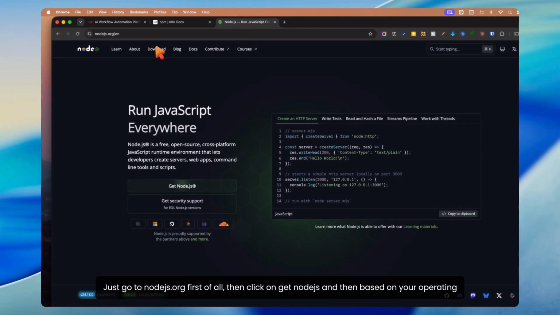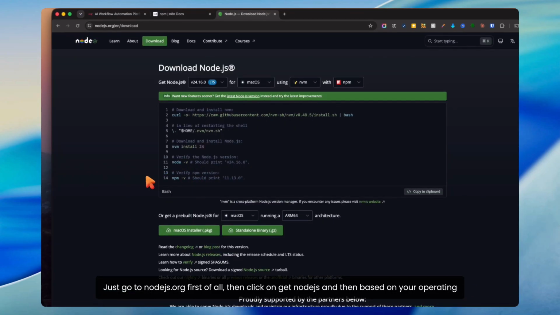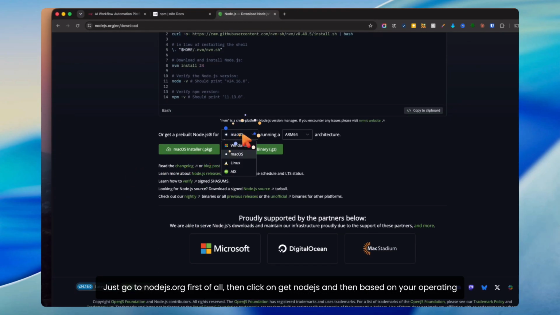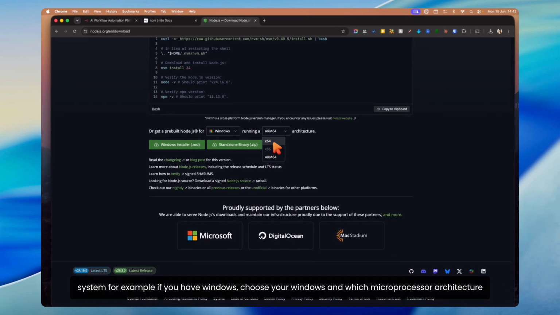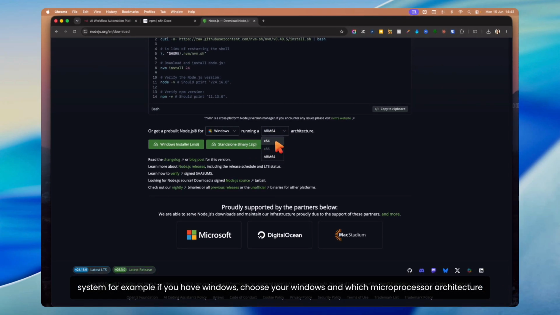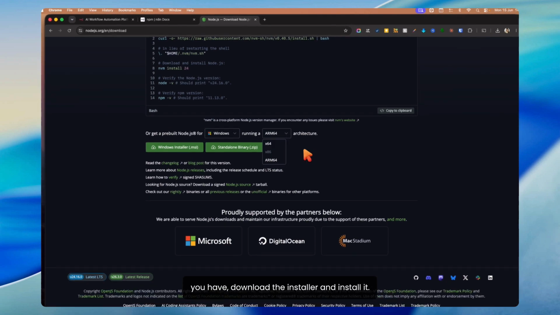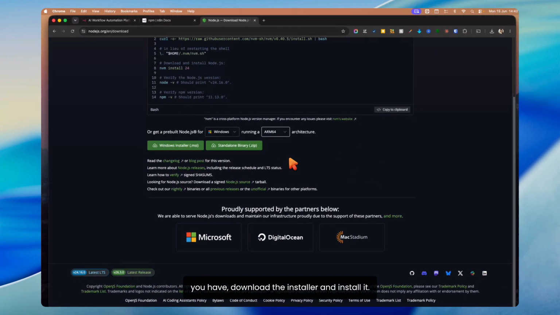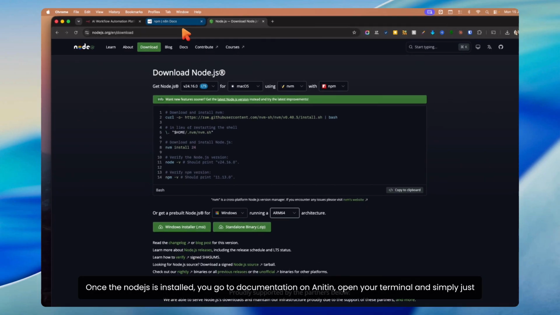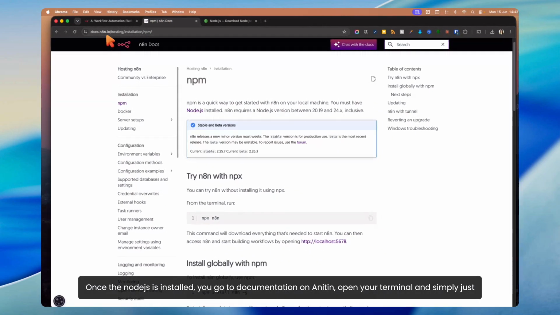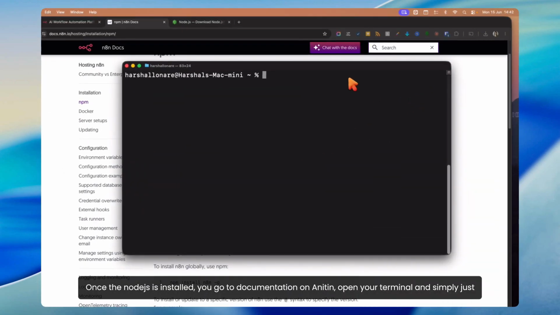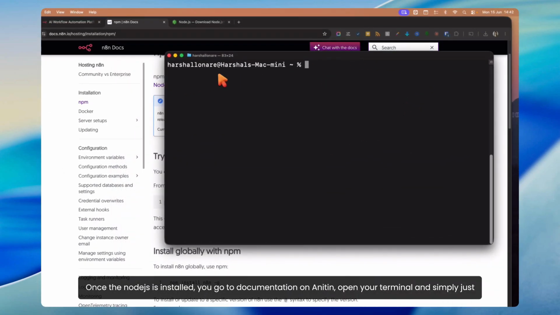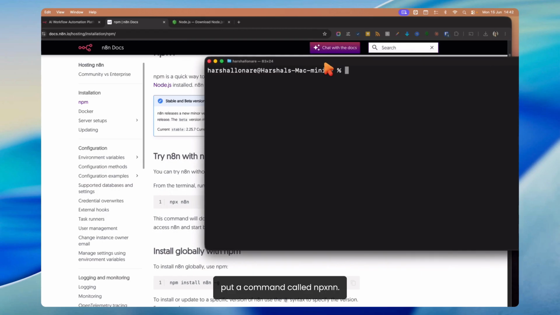You just go to nodejs.org first of all, then click on get Node.js, and then based on your operating system, for example, if you have Windows, choose Windows and which microprocessor architecture you have. Download the installer and install it. Once Node.js is installed, you go to the documentation on n8n, open your terminal, and simply put a command